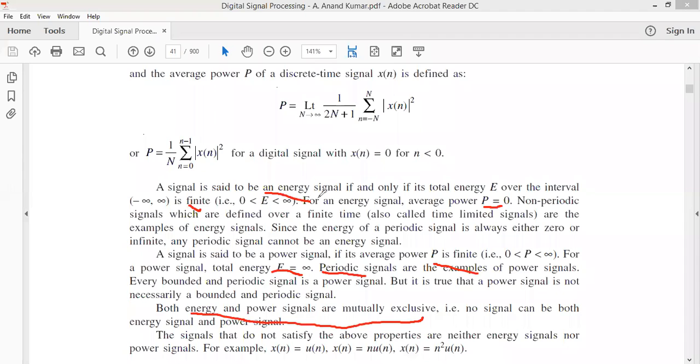So if any signal does not satisfy these two conditions, then those signals are called neither energy nor power signals. For example, signals that don't satisfy both of the above properties are neither energy signals nor power signals. So what are the examples? The examples are x of n is equal to u